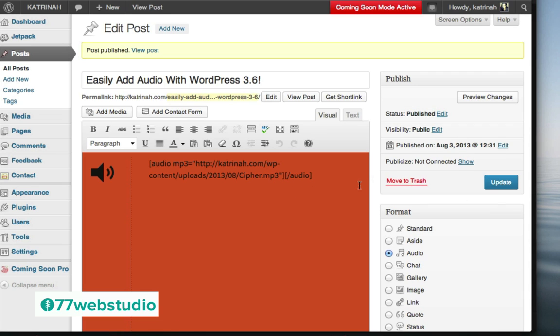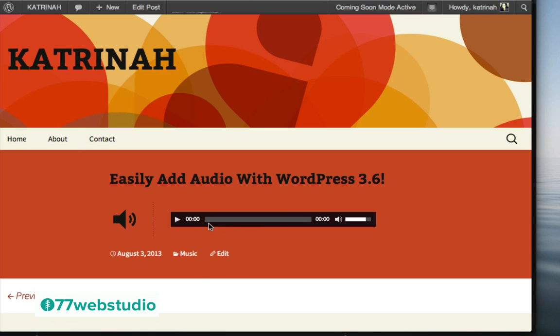So adding an audio file to WordPress is now really easy with WordPress version 3.6. To see the post, let's go ahead and click on View Post. And here you see you have a really cool design with the audio icon right here and the audio player embedded directly in your WordPress website and your blog. To listen to it, anyone would just need to click on the play button or the pause button to listen to this particular audio clip.